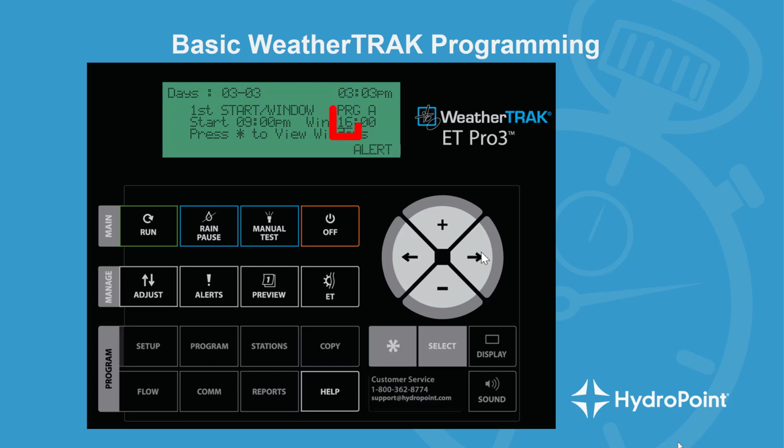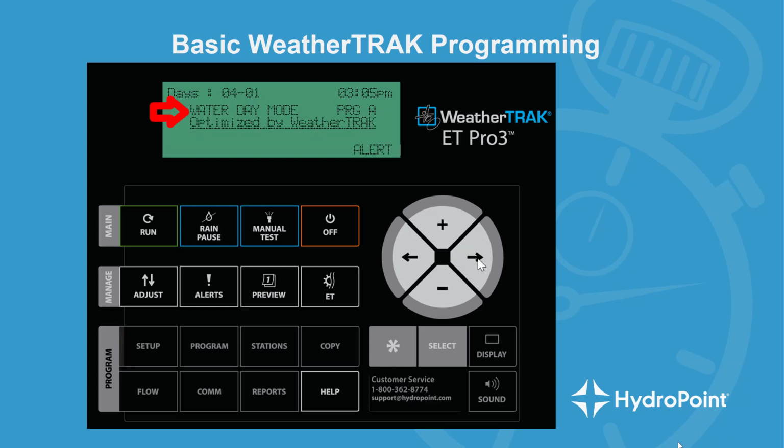Moving our cursor forward, we bring up the hours in the water window. And the water window setting is the number of hours available for irrigation. So if I want to be done irrigating by 9 a.m., I'll want to program a 12-hour watering window. So I take the minus button and set up a 12-hour watering window. Once I've got my start time and water window set, I hit that forward arrow until I get to water